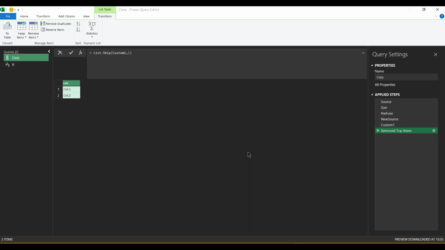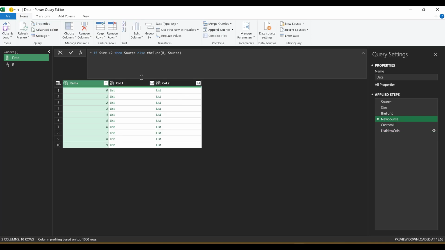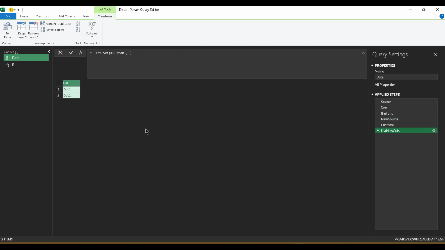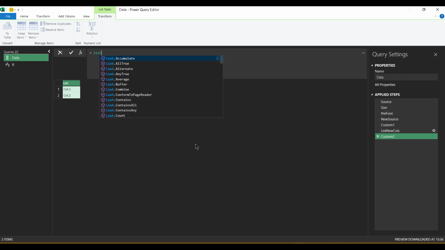Now, in order to expand these two columns dynamically in one step, I will use one of the, in my opinion, best functions in Power Query, which is List.Accumulate. Here I will create a new function. So it's List.Accumulate. Then